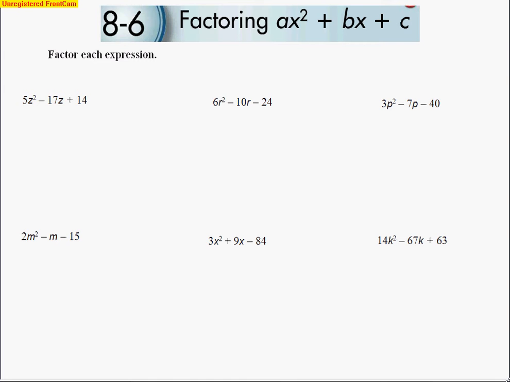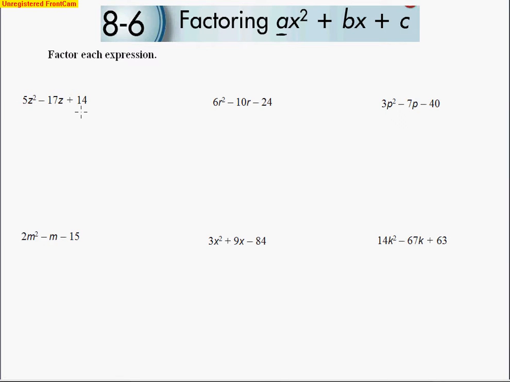This is the tutorial for Chapter 8, Section 6, first day on factoring trinomials in this form. So now what makes it more difficult is that we have this term right here, ax squared. A stands for a coefficient in front of x squared, and then we have just the regular bx plus c terms. And so that's what makes this more difficult, because you can't just look at the outer terms and inner